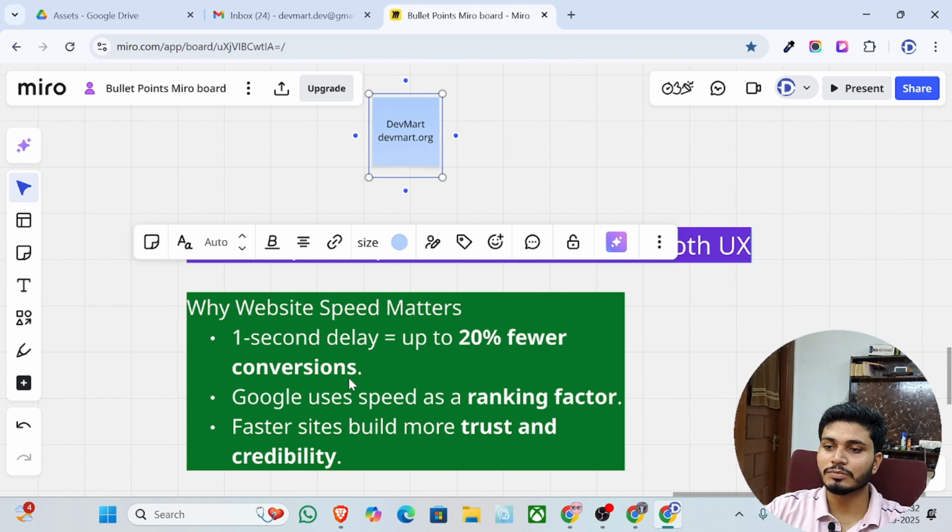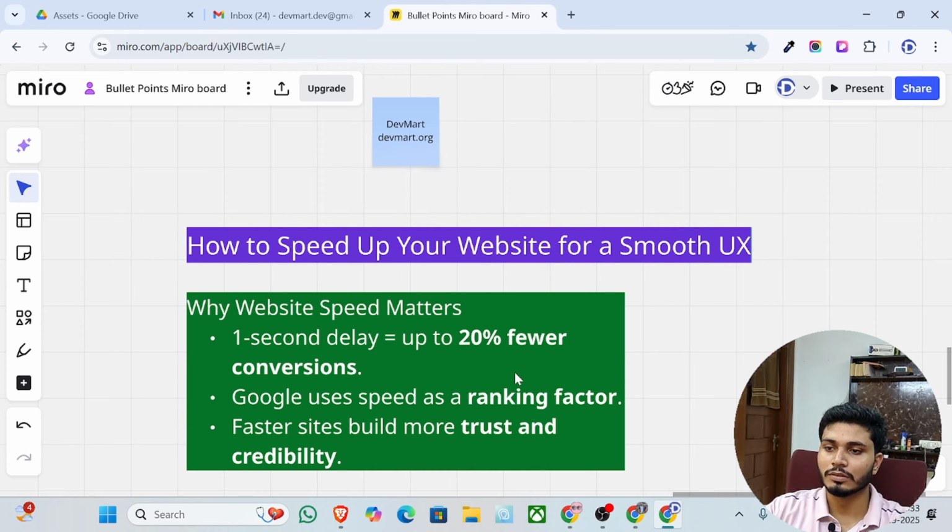So I have created this Miro board so that we will discuss all the things in detail. So let's talk about how to speed up your website for a smooth UX, which is user experience. So now let's first talk about why website speed matters first. Every second delay on your website is equal to up to 20% fewer conversions, which means that every second there is a delay on your website loading,